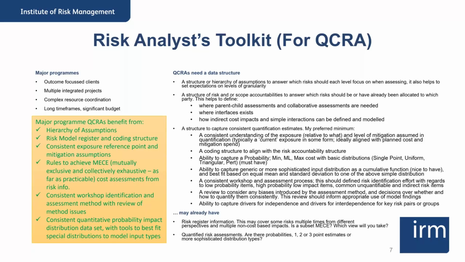Thanks. So in terms of toolkits for major programs: major programs are complex structures. So we need to understand the structure and put that into our model, which effectively means we need a good coding structure. But we also need to understand, when we're putting a cost model together, that we're trying to avoid wherever possible any gaps and overlaps. We can try to be exhaustive, but often we need to know what our limitations are in getting the full and complete picture. And we need a good workshop process to help people do that, and a consistent set of processes for bringing that risk information together.